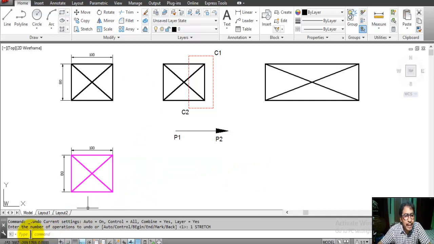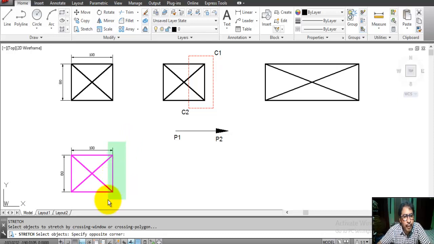Again, we use the stretch command S, enter, select object, window selection, first point and opposite corner, enter, specify base point.